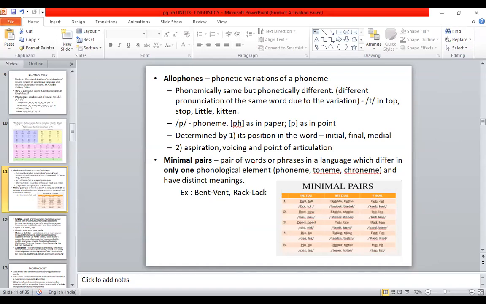Okay. Now, coming to minimal pairs. Minimal pairs are pairs of words or phrases in a language which differ in only one phonological element. Now, it could be a phoneme, it could be a toneme, or it could be a chroneme. So what are these? For example,